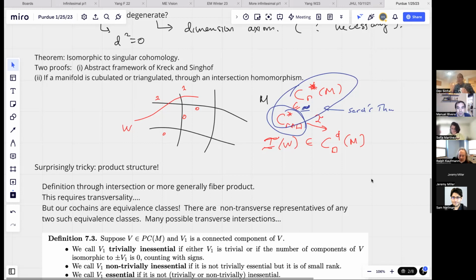I don't know who's speaking, but you're probably so much of an infinity person. This is just a pi naught statement. This is just saying I can move any cohomology class into good position. At the cohomology level, yeah. That's what this quasi-isomorphism is. But then if you wanted to keep all those choices, that would be another question.